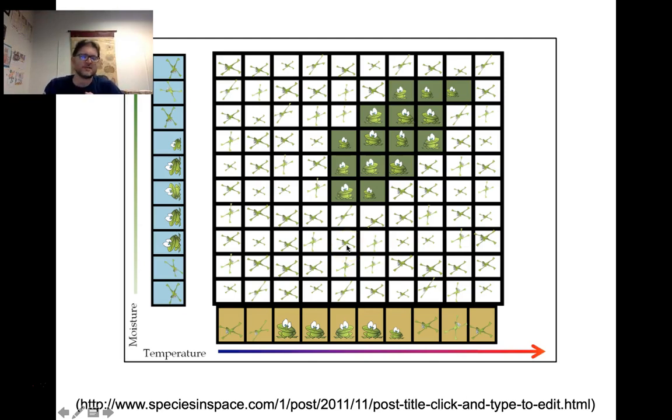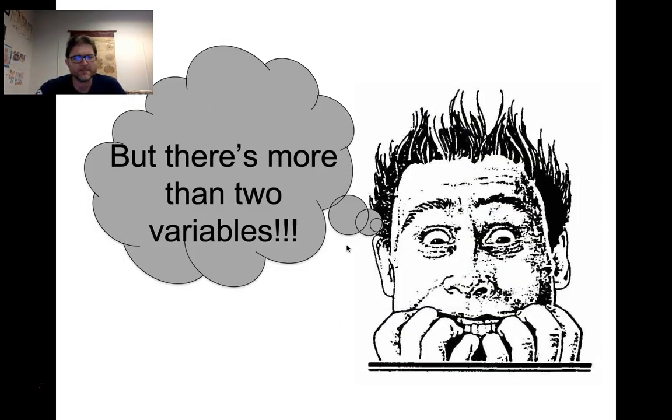You'd have to try growing them in different combinations of temperature, moisture, and acidity. And it would get multiplicatively more and more environments that you'd have to raise these frogs in. You wouldn't have the money or the resources available to grow the frogs under all those conditions. So you can't actually measure all of the different environments that are important to a frog, and you can't actually measure the full fundamental niche of this frog.